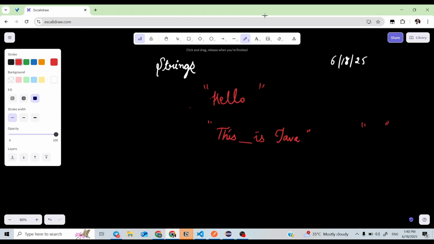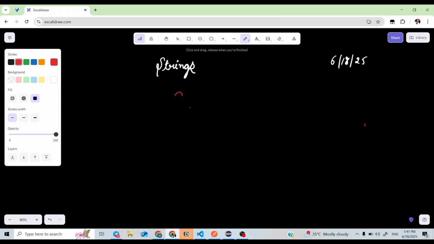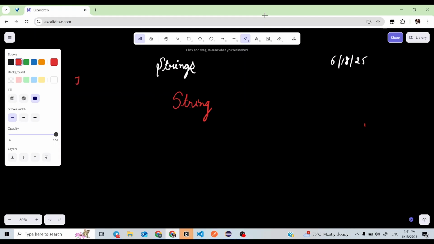So the syntax to declare or initialize a string is the same as we did previously. First the data type, which is capital S String. Likewise, we have the int data type. So String is also a non-primitive data type in Java, in the java.lang package.